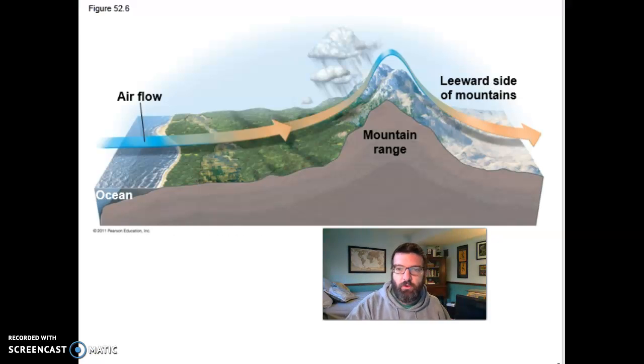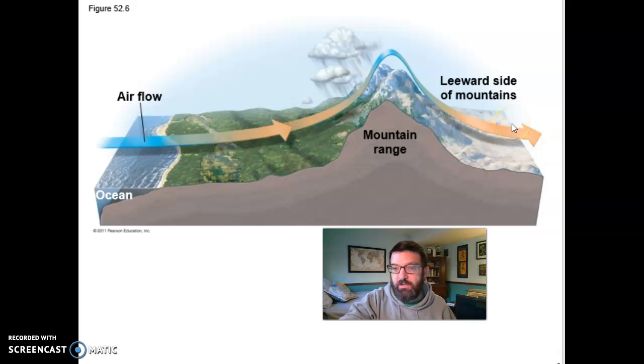Mountainous terrain can also affect the climate of a region. So as wet air comes in across the land, and that air gets pushed up because of a mountain range, that air cools off due to the altitude. And we know that air that gets cool can't hold as much water, so you tend to get a lot of rain right here on this side of the mountain, where the prevailing winds are coming from. Then by the time that air gets over to the other side of the mountain, and it comes back down,